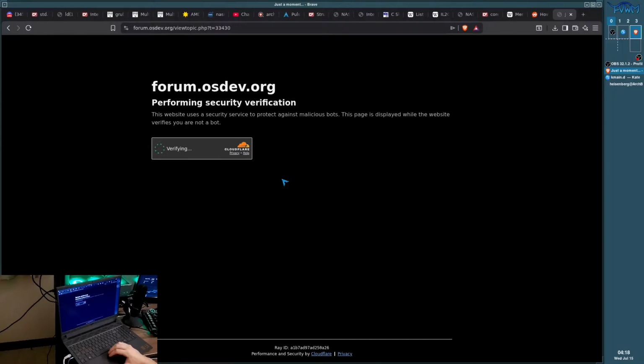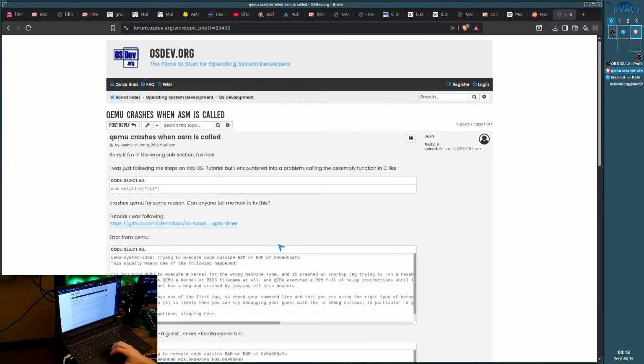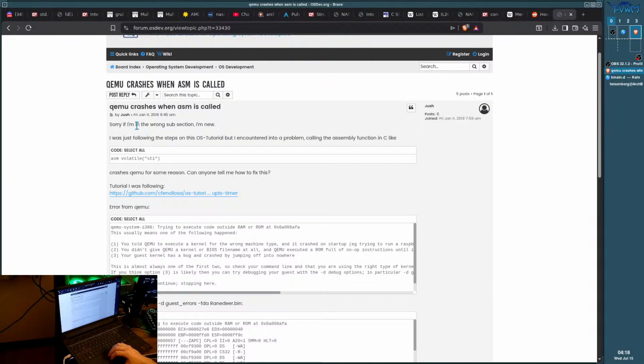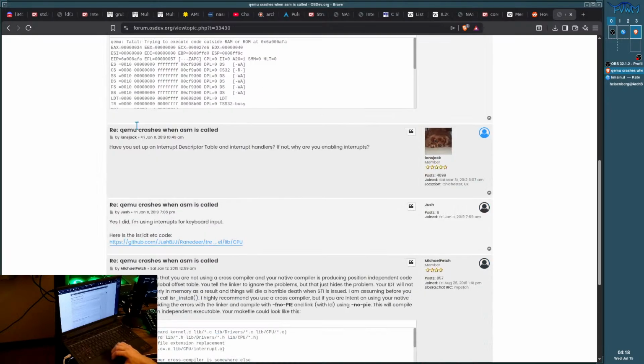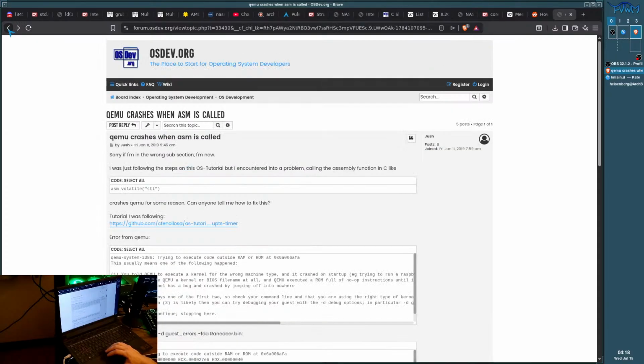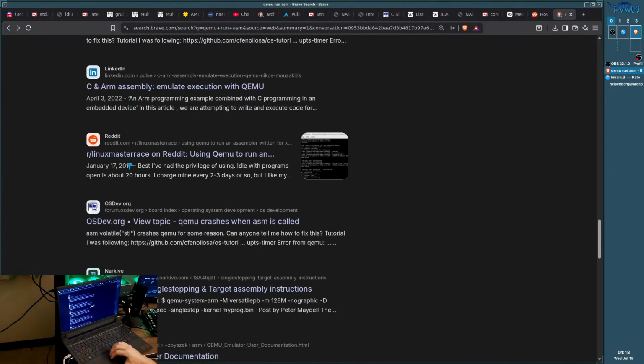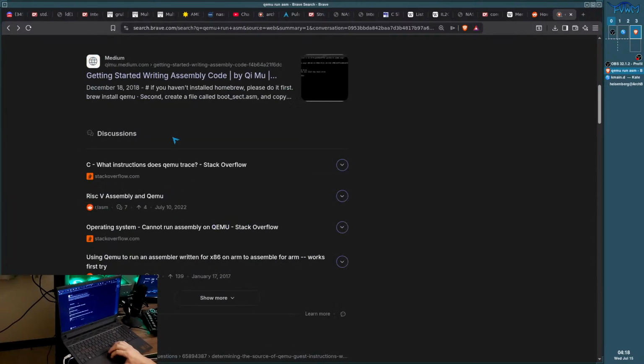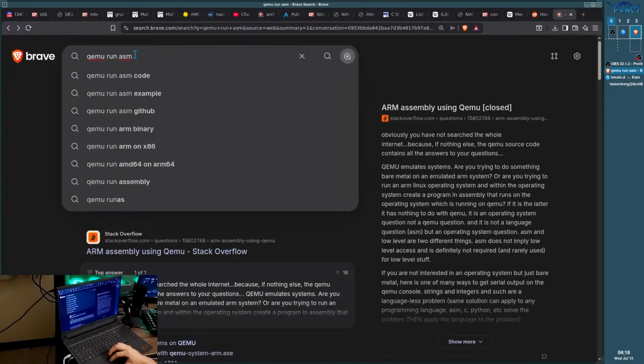ASM, bro. Bing, bing, bing, bing, bing, bing, bing. Bro, my brain is frying. Let's go ahead and see what he ran. Why am I looking at that? Why am I not looking at QEMU